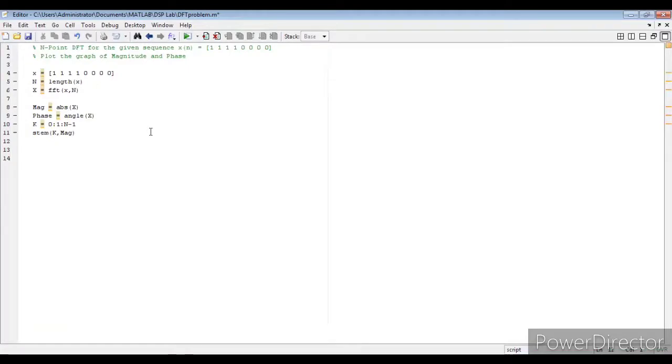Now let us give the title for this one. For displaying the title on that particular graph, it is written in single quotation: 'Magnitude response' is the title I am giving. I want to give the label for the x-axis.